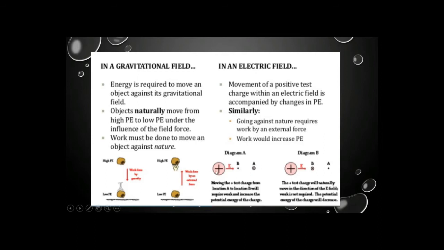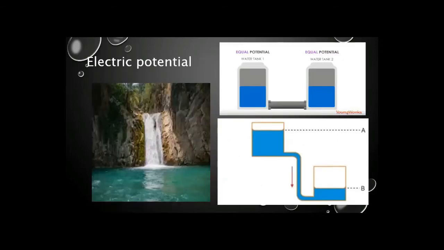we take one source charge and one point charge, and when we move a charge from point A to point B, we have to do some work on it, against the field. As you can see, the arrow indicates the field direction, and when we move the charge from A to B, some work has to be done on it, which is stored as potential energy, or we can say electrostatic potential energy.